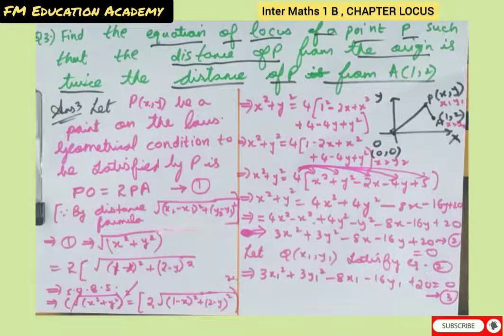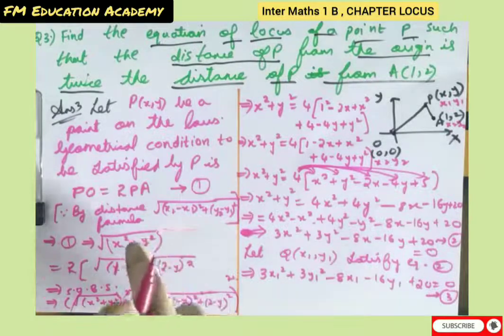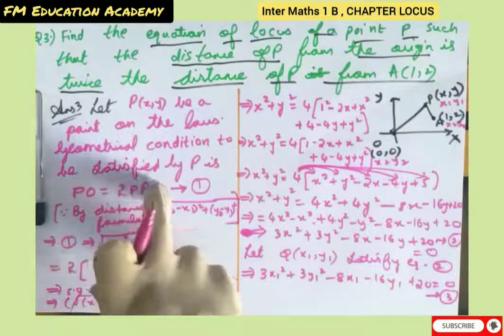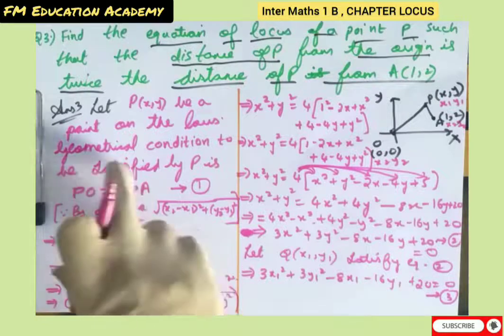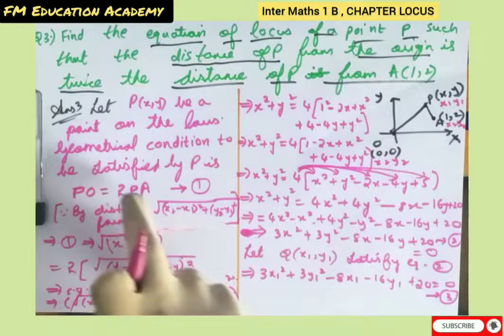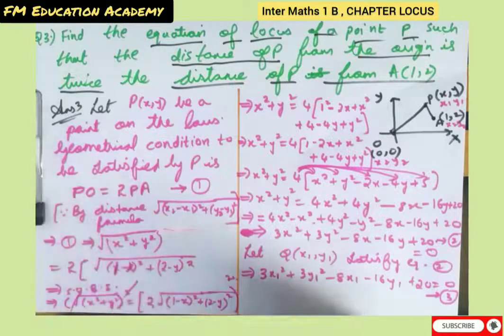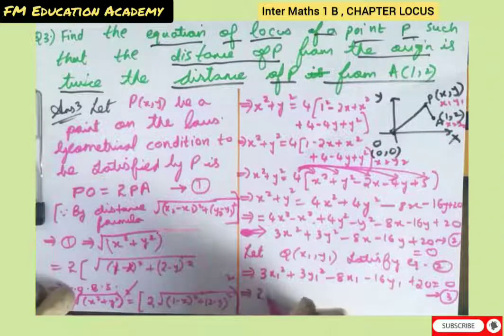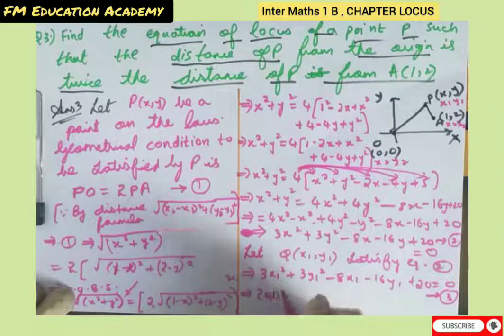What we will do is, we will take this 2PA, that is the RHS, and we will make that equal to the LHS for verification. Since here the coordinate we are taking is Q, we will take 2QA. When we square on both sides, it will become 2QA whole square, which is nothing but 2 2s are 4, 4QA square.